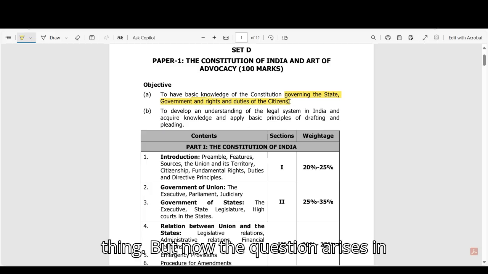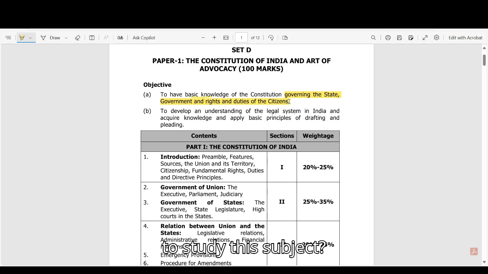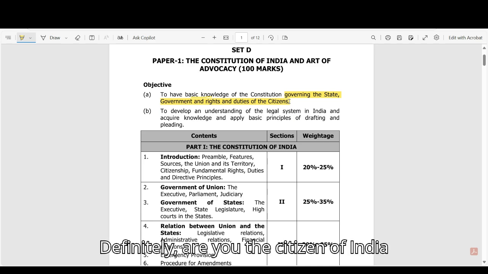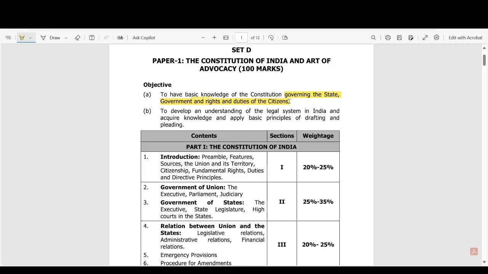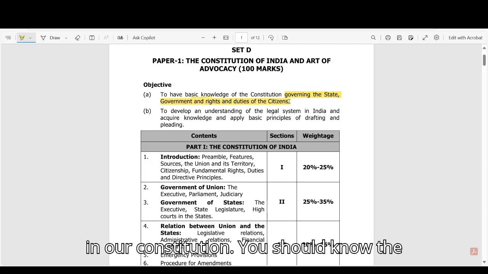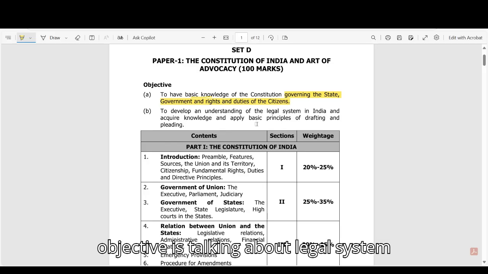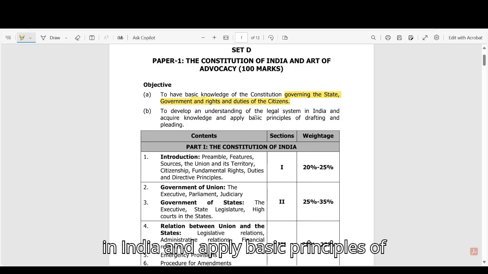But now the question arises in your mind, why are we supposed to study this subject? Definitely, are you a citizen of India? Then of course you should know what is in our constitution, you should know the basics, right? So this is our responsibility, dear. Am I clear? Now the second objective is talking about the legal system in India and applying basic principles of